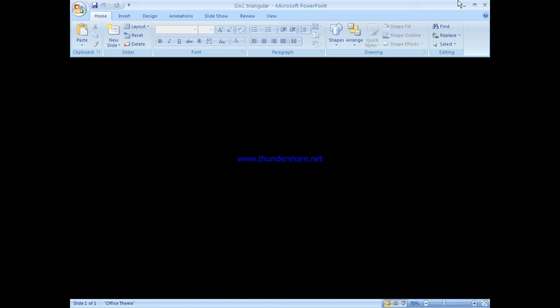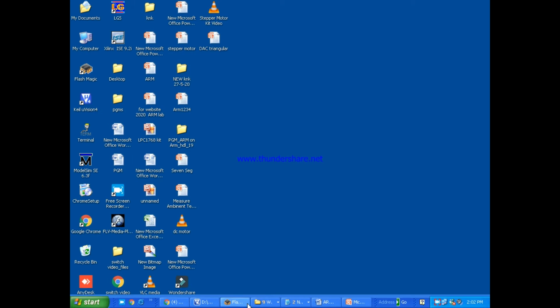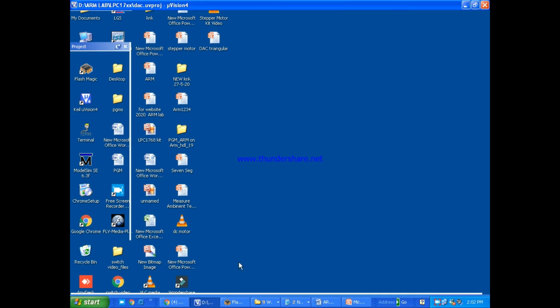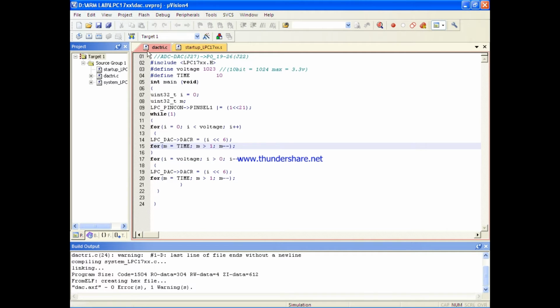Now we'll go for the program execution using Keil MicroVision 4. This is the program for triangular waveform generation using the internal DAC, that is the DACR register, which is present within the DAC block of LPC1768. So as in the previous programs, you are going to add the startup file as well as the system file. Along with that, you are going to add the C file to the source group and then